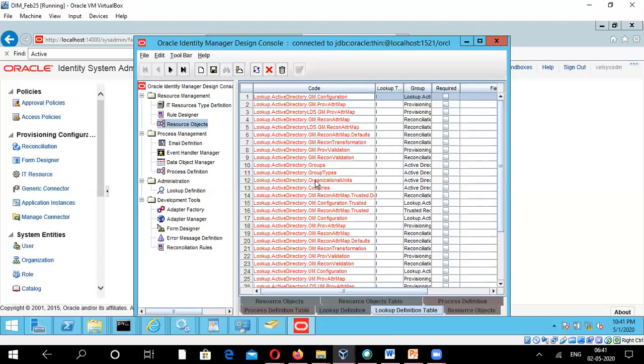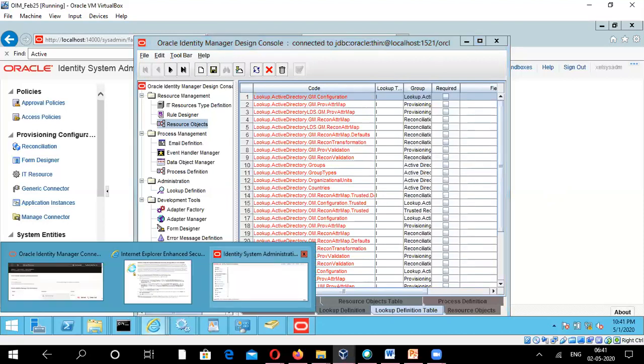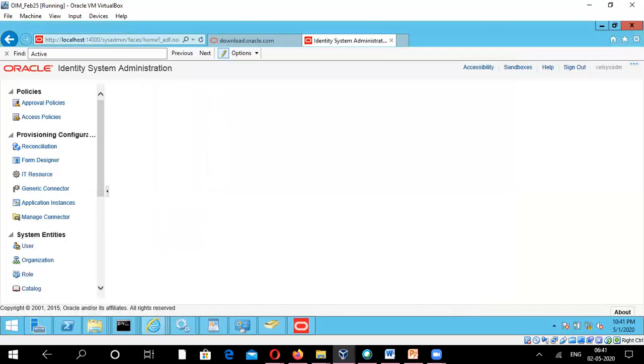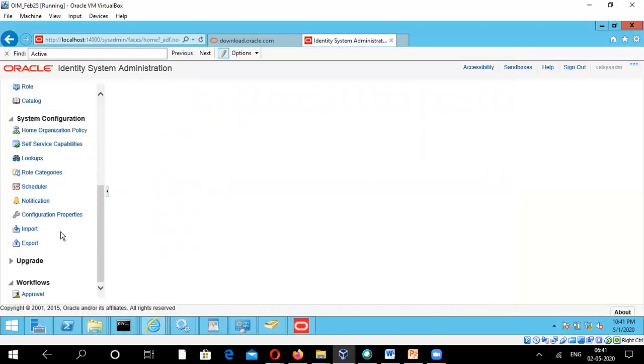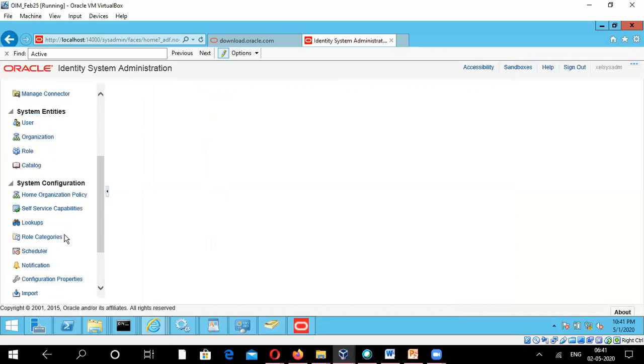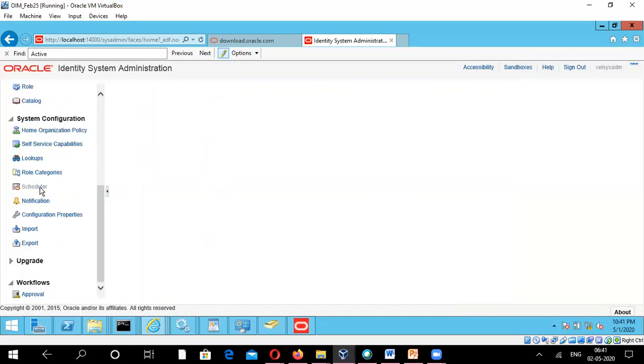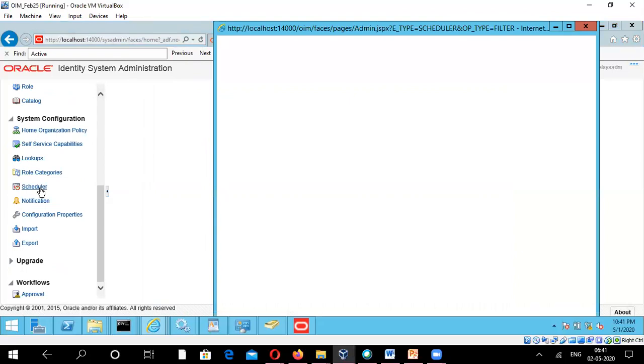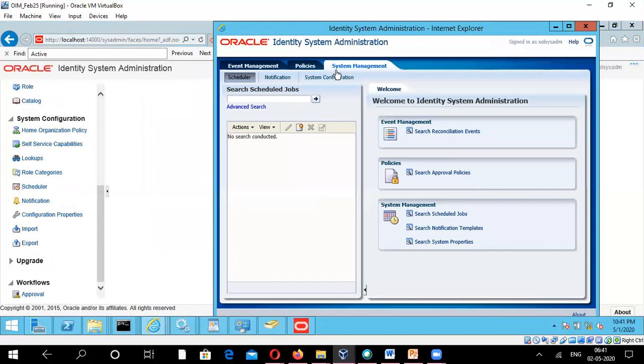And then moving on quickly, if you go to the OIM administration console and click on the schedulers, once again you'll be seeing various scheduled jobs that have been created based on the installation that we have done just a while ago.